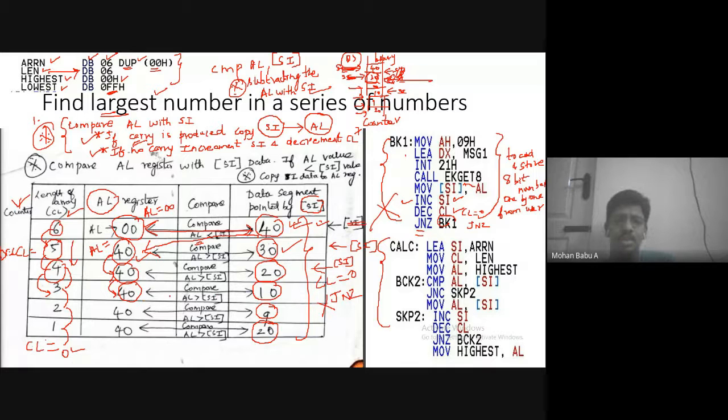AL is higher, SI is lower. If you subtract the higher number from the lower number, there is no carry, there is no borrow. Simply hold the previous value. Then compare AL with SI. What we do is simply increment SI one by one, every location. In parallel, the counter will be decrementing from 4 to 3, 3 to 2, 2 to 1 after every comparison